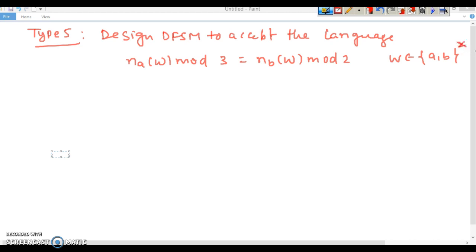So here mod is given on both sides. Keep this in mind as a type, and this also has a trick to solve the problems. Here the left hand side is 3, the right hand side is 2. Left hand side how much